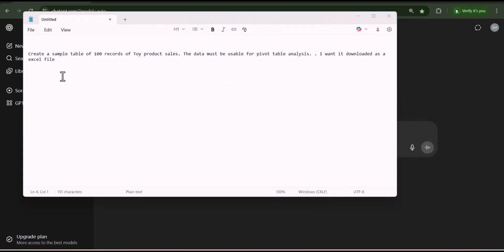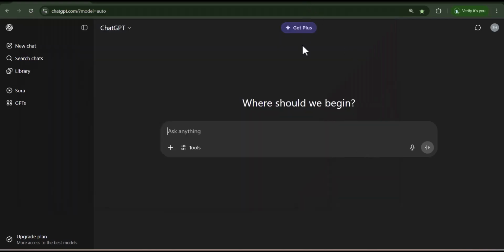This is another prompt for a dataset creation. Here we are saying create a sample table of 100 records of toy product sales and the data must be usable for pivot table analysis and we want to download it as an Excel file. Here we are not giving any sort of information on columns and how we want the data to be, what are the basic records or any categories. We are asking ChatGPT to use its own judgment. So let's proceed. So we put our prompt